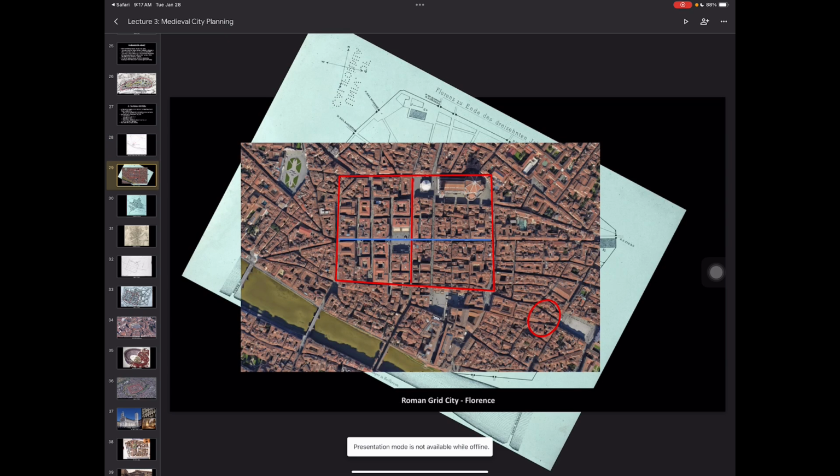But as soon as you step outside of that grid, you can see it begins to get a little bit crazy, it begins to have wonky streets, because that was medieval development, where they did not necessarily have any sort of planning committee to tell people what to do. And when you don't tell people how to build, this is what happens, right? So you have these streets beginning to curve in order to have the shortest distance to the river, right?